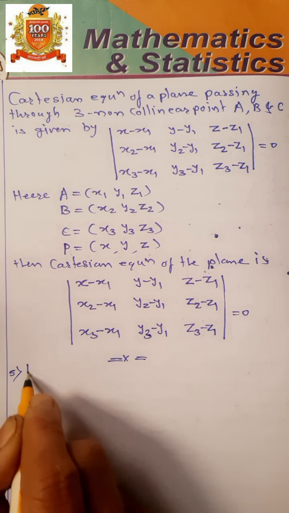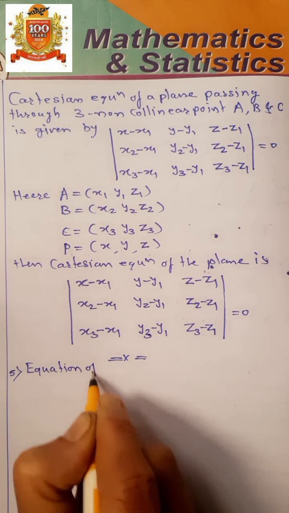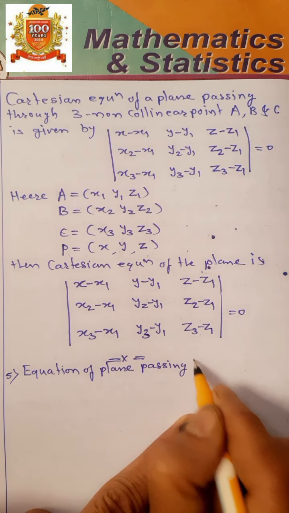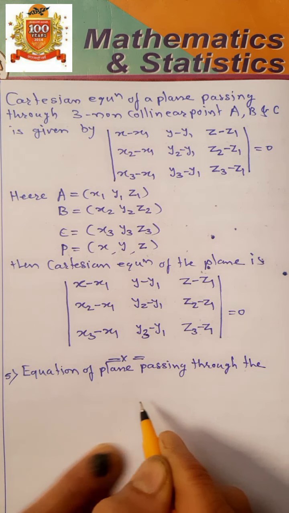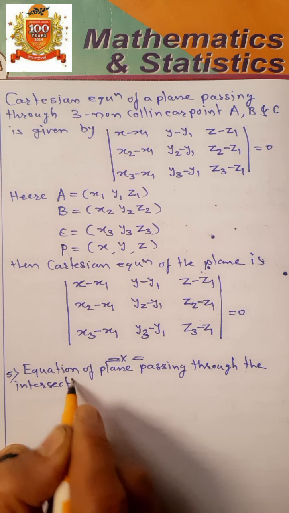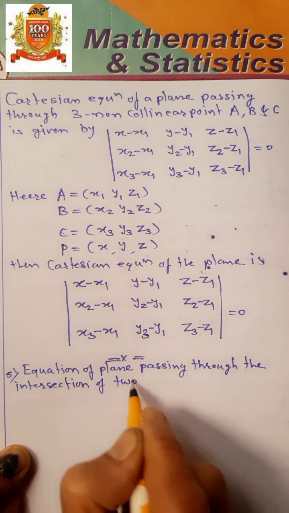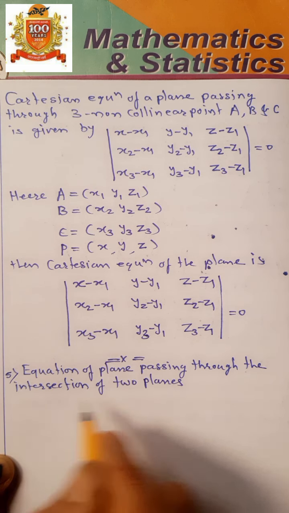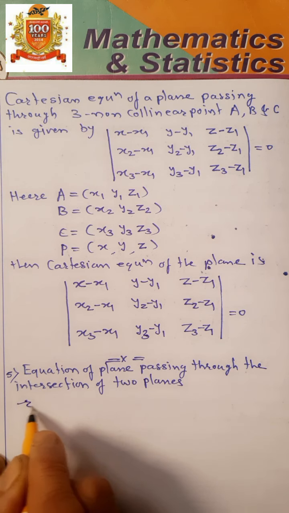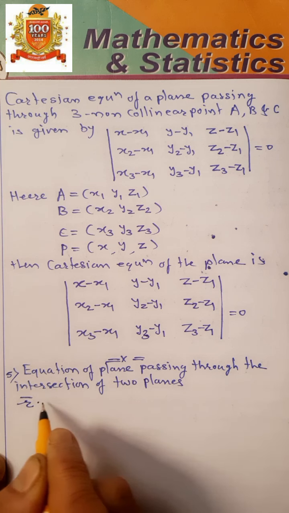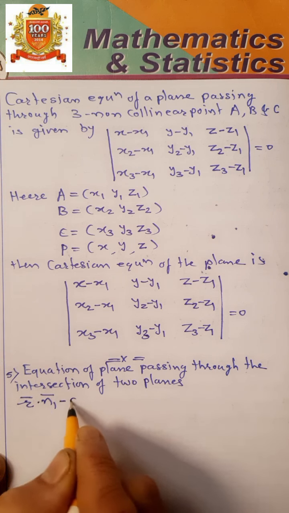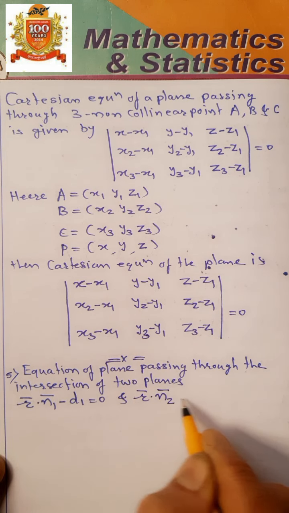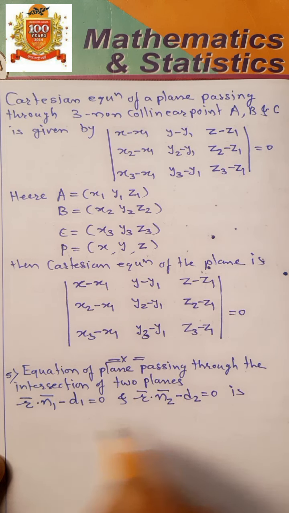Fifth point, that is equation of the plane passing through the intersection of two planes r bar dot n1 bar minus d1 is equal to 0, and r bar dot n2 bar minus d2 is equal to 0 is given by